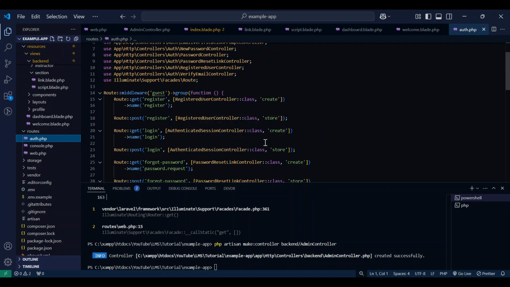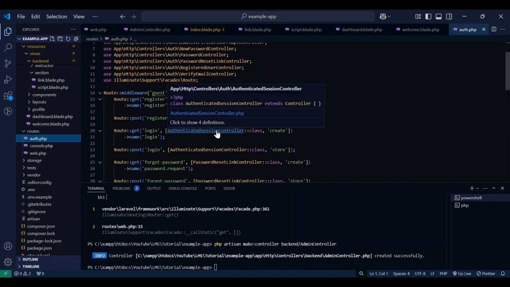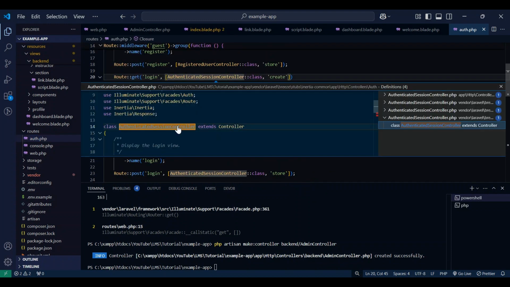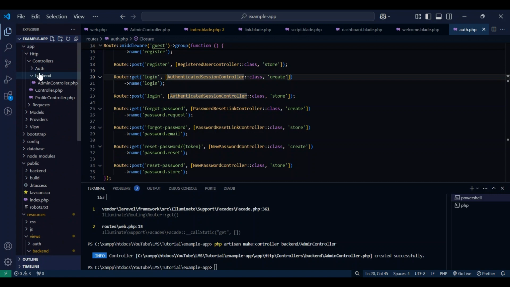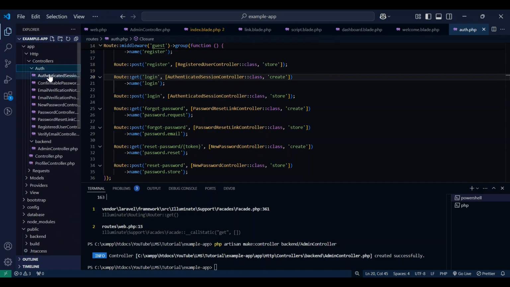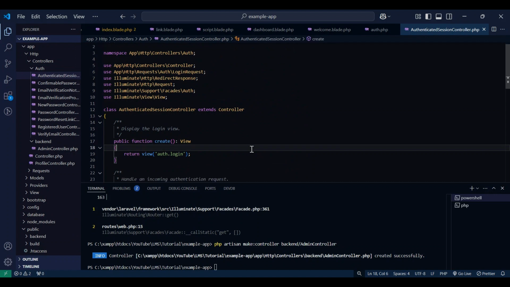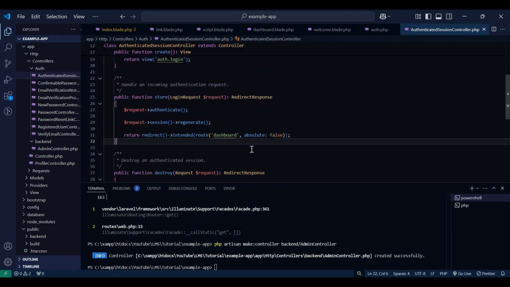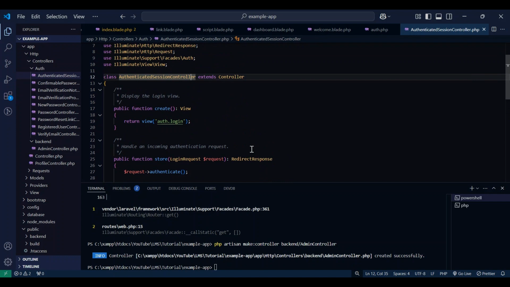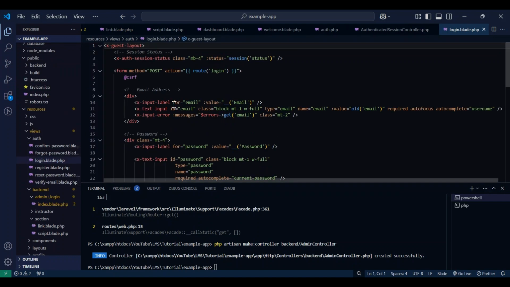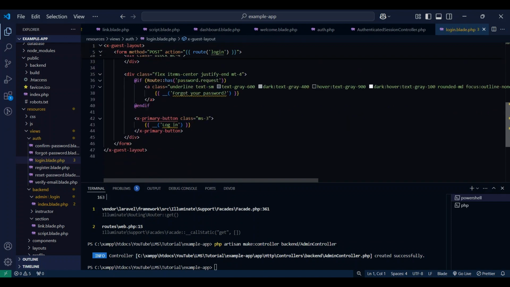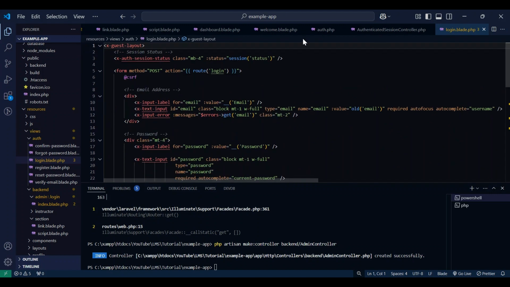We move to the authenticated session controller. It is in Controllers, Auth, AuthenticatedSessionController. Here is the auth.login page, and on this login page we have the email and the password. We have used a similar technique before, but before that,